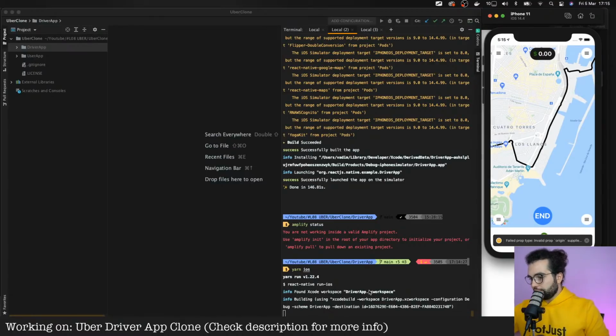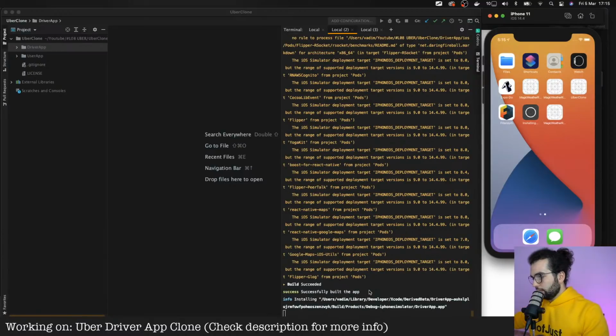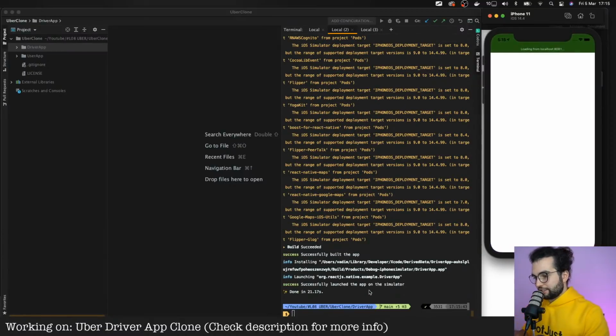Let's wait until the application is built. And let's hope that the application still works. Loading, loading, loading.